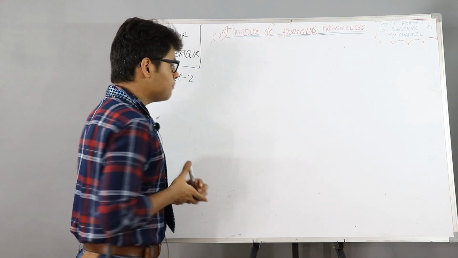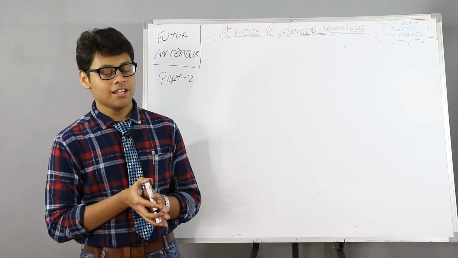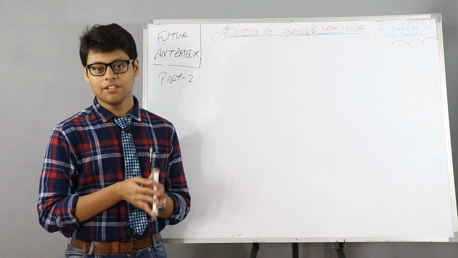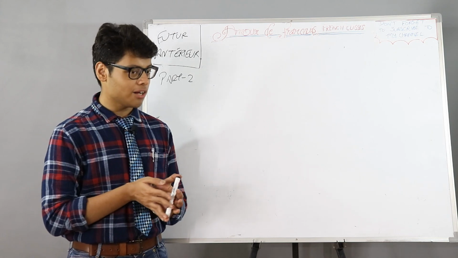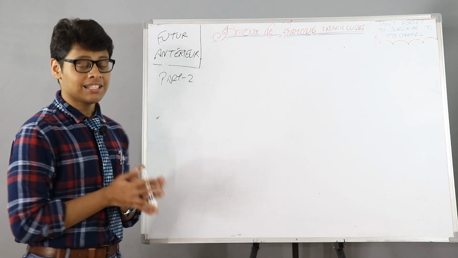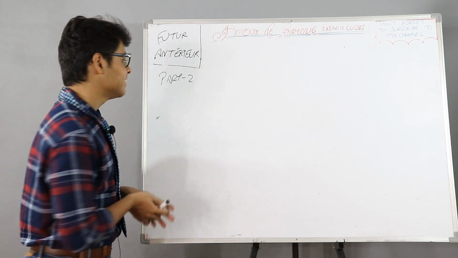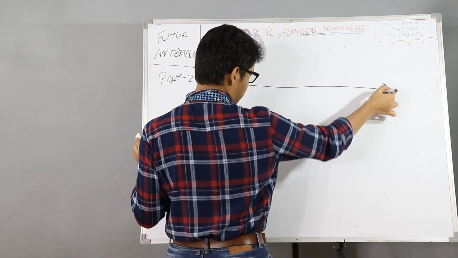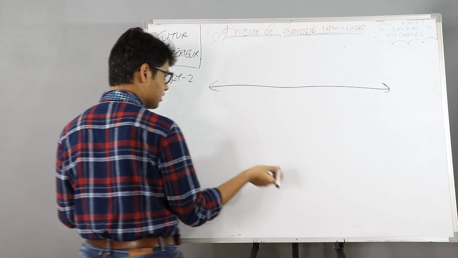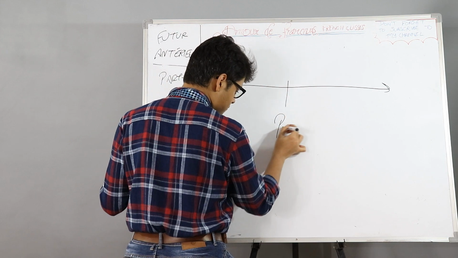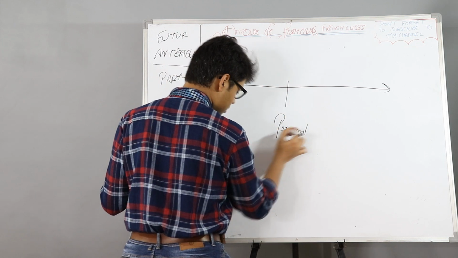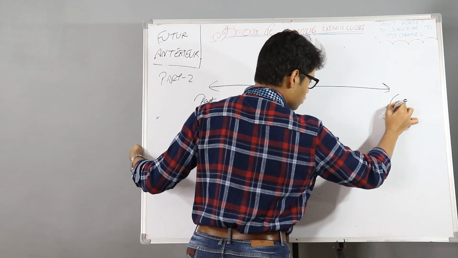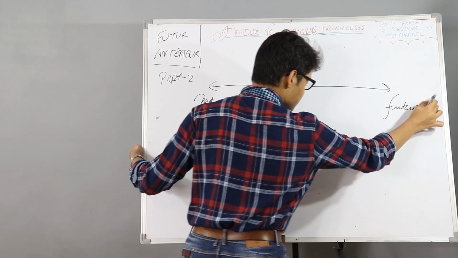Now, let us make a number line without numbers. You may think, number line without numbers, is that a joke? It's not, because in place of numbers we will have tenses. You may call it a timeline. Number line may sound weird for this context. Here we have present, here we have past, here we have future, right?